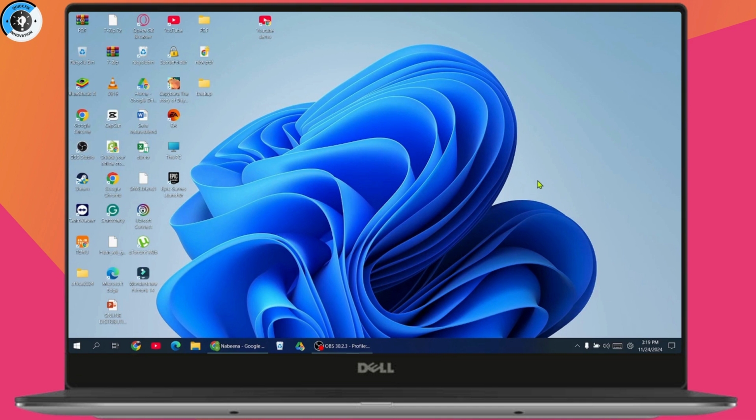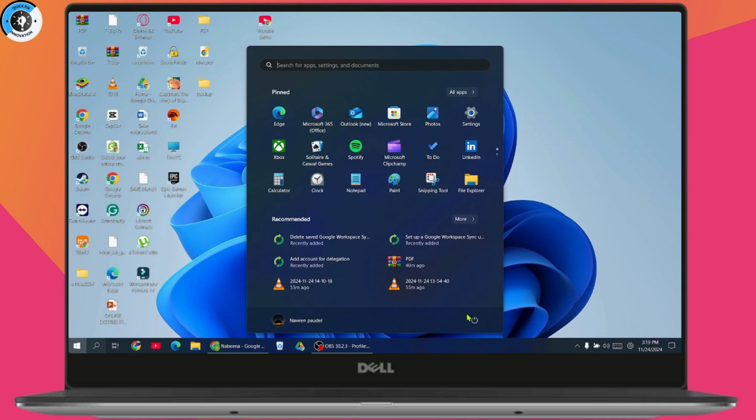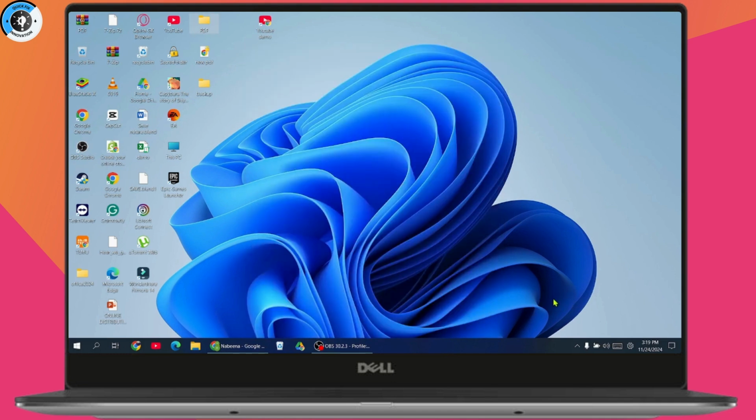need to press and hold the shift key on your login screen and simultaneously click on the power button from the bottom right corner. On the bottom right corner of your login screen, you'll have this kind of interface, the power button. You just need to simply click on the power button and then press the shift key simultaneously and select the restart button. Once you go with restart, you need to click on restart anyway, and after that you'll have